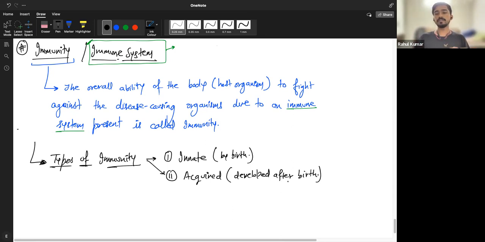So innate immunity, which comes by birth, is like a module fitted in the body. The best example is earlier Windows setups, or computers, which used to come with something called a firewall. It's a general defense mechanism of your operating software. But on top of it, you can put specific antiviruses which can identify different types of viruses in your computer and protect you against them. You understand?